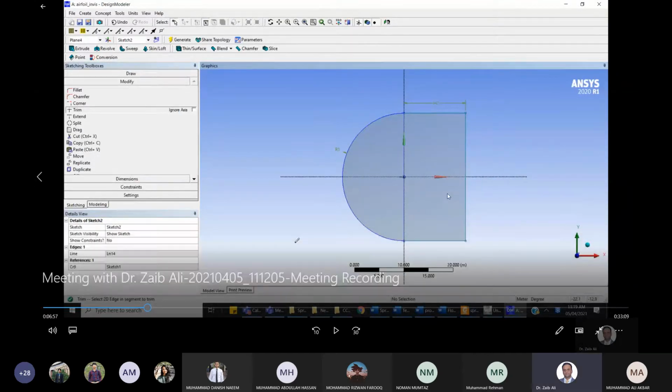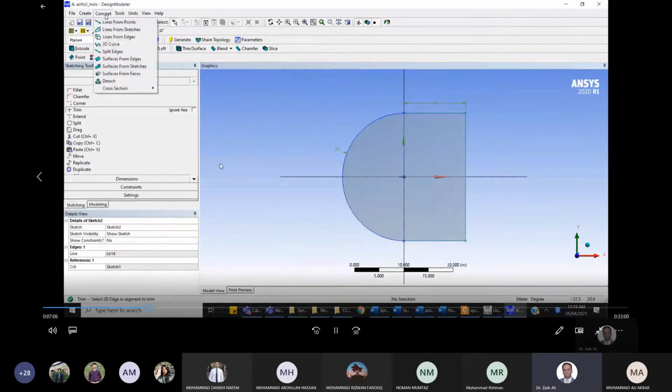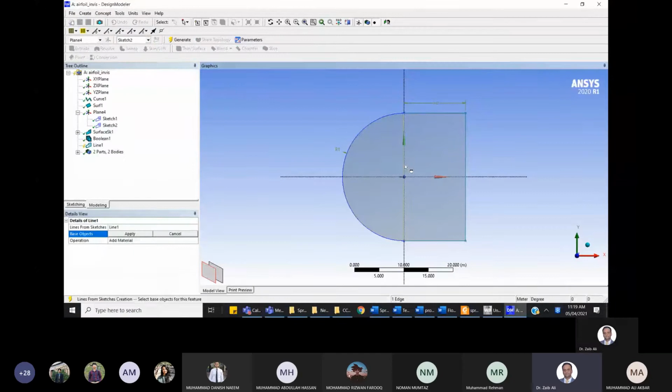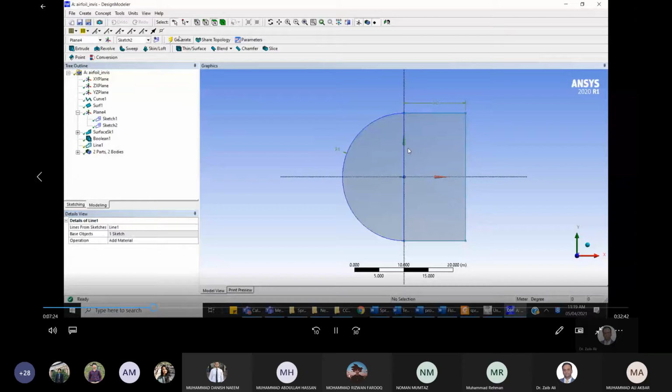Okay, next thing you want to do is create a line on this sketch. You go to concept, lines from sketch, then you just select this line which you just drew, and then you select that, and then